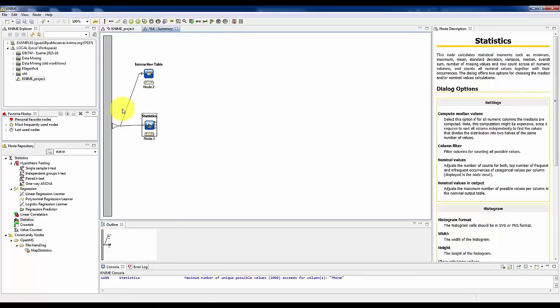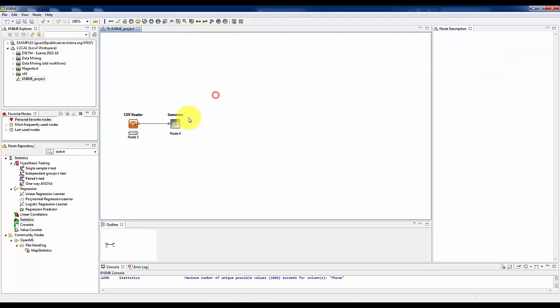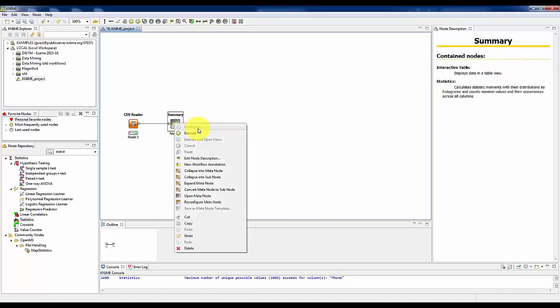So we can now manipulate the nodes as shown before, and we can also make the decision to provide some output from this metanode. To this extent, we first close this metanode, and then we move over the metanode, right-click the button of the mouse, and we select the